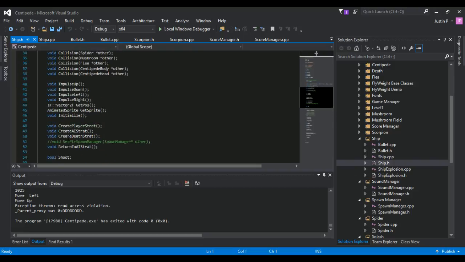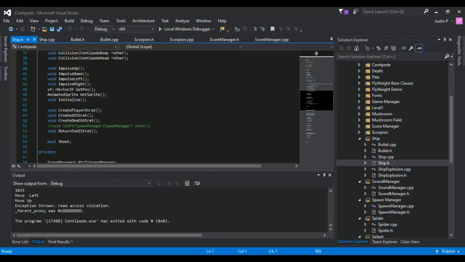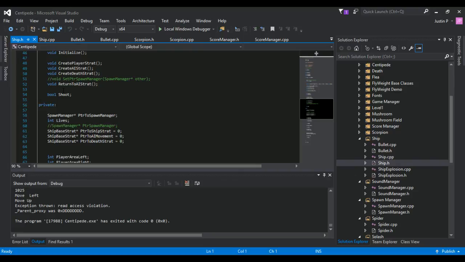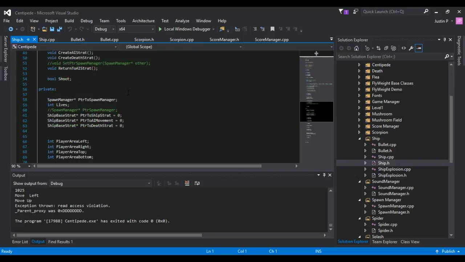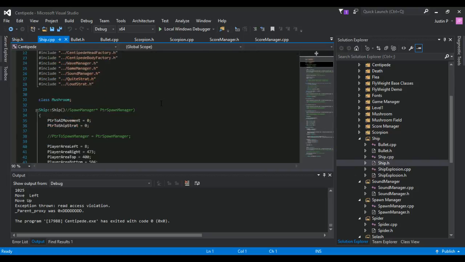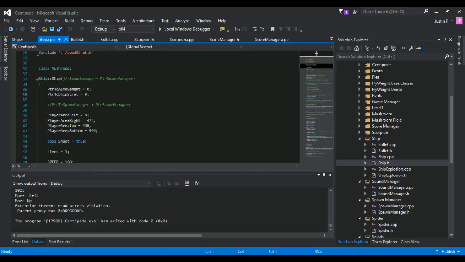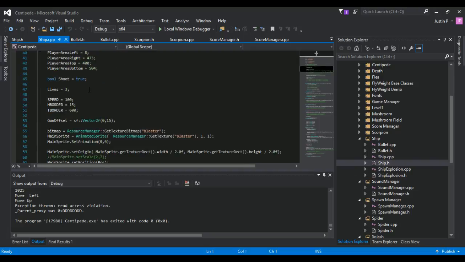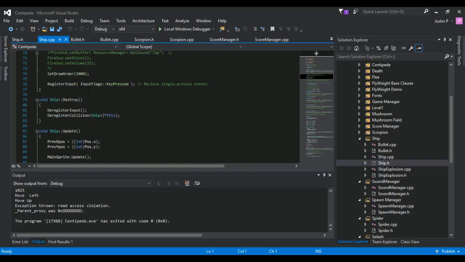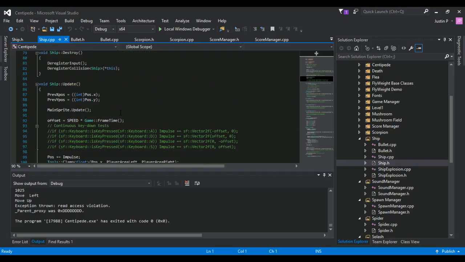And then the Boolean for shoot here, which isn't actually used. It's only used in the other spot, I believe, but I could be wrong. That might be the only instance of a public variable. And then the other variables that are all needed. But in the ship, all of the includes for all the stuff that I needed to do, the constructor, setting all of the variables that I need to be set, the destroy, deregistering input, and then